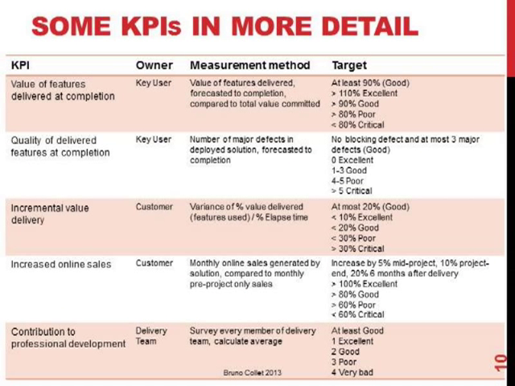I chose 5 KPIs to detail them a little bit. I avoided especially the KPIs that are typical, like cost and time and scope, because I want to emphasize particularly what is beyond these 3 dimensions, particularly value, form of quality, incremental value delivery. All these elements are not typical, and often they are project specific, so they are more difficult to define. Well, there are a few things that should be discussed in this slide.